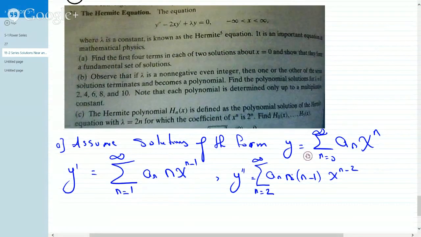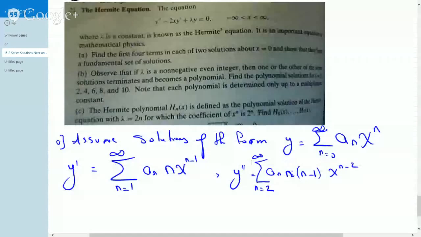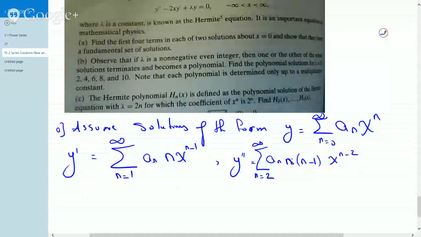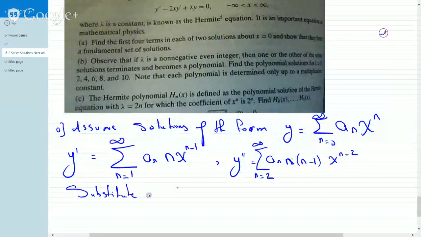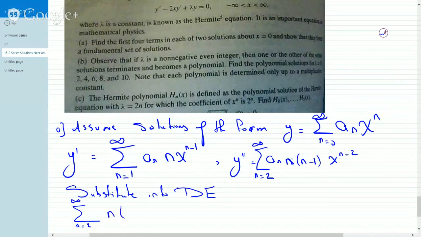And now we take those and we plug them into the original differential equation. So substitute into the differential equation. So we get y double prime, the sum of n times n minus 1 times a of n x to the n minus 2, plus or minus